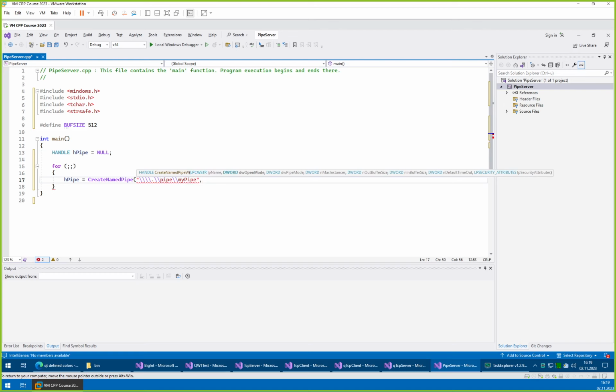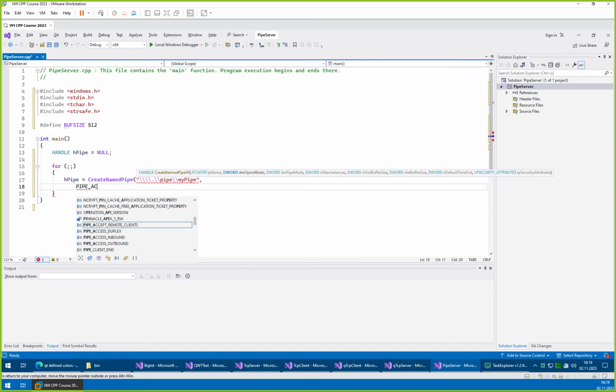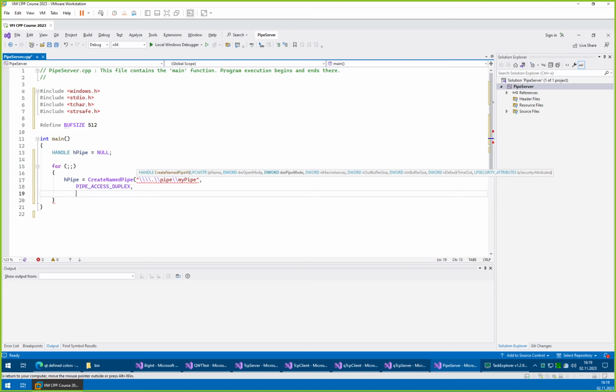And then we need to specify a lot of parameters. So first of all, we want to have read-write access, so PIPE_ACCESS_DUPLEX. Then what else? The nice thing about pipes is that you can in fact make them work in the granularity of messages, meaning that if you put two messages into a pipe one after the other, even if they are very short, on the other end each call to read on the pipe will give you only one of the messages. It will not block them together into one larger chunk. But to do this you need to enable this message mode,